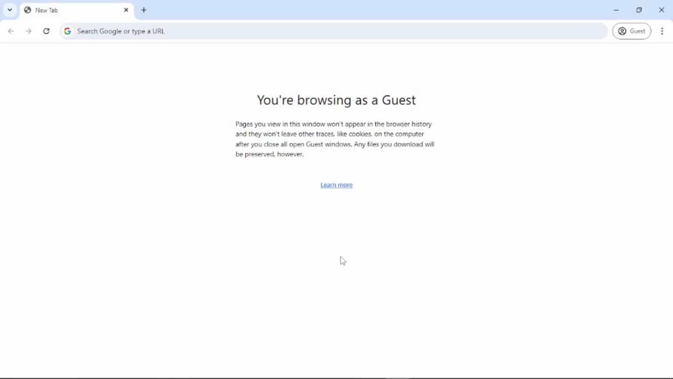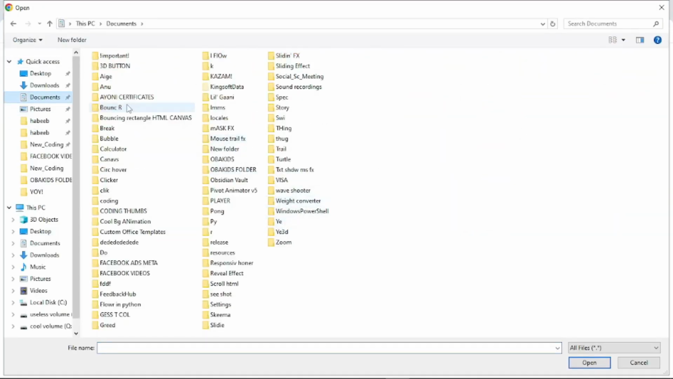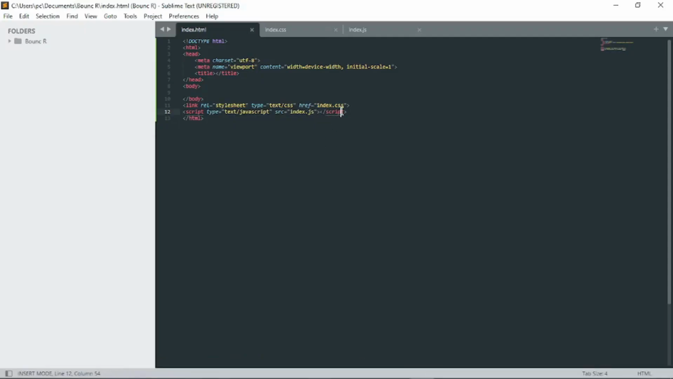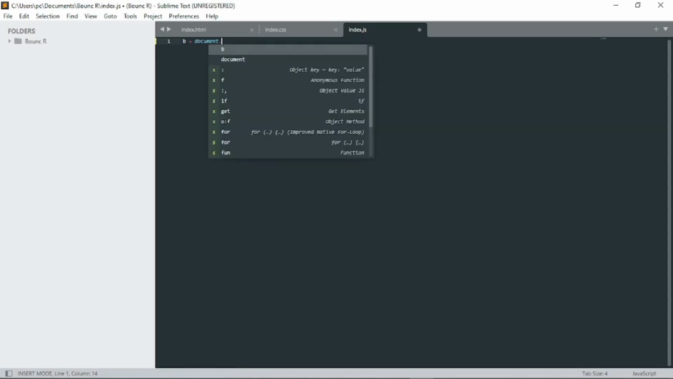Now I'll open it, Control O to open, documents, bounce R, index.html. Now there's not really anything special about this, so I'll create a div, /div. I'll give it a class of bounce. Save, and so now I write b is equal to document dot